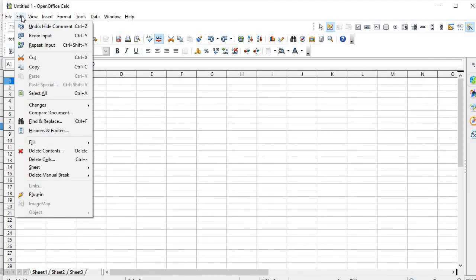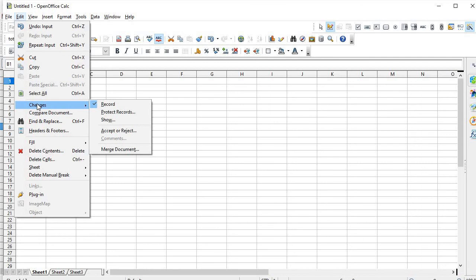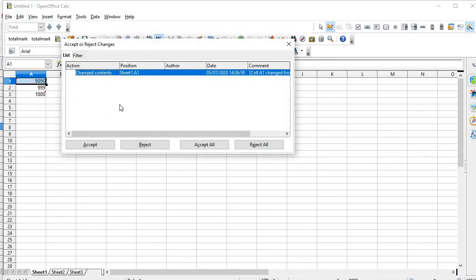See, if I go back to edit, changes, record, मतलब मैंने recording को enable कर दिया. Suppose I make this change 9090. See, this red box indicates changes has been recorded, and I hover the mouse over it, it shows me these are the changes from 800 to 9090. I have made these changes. Now when I go to edit menu, changes, there is one more option under show, accept or reject. So it will again come with this box, it is showing very clearly. See this box, on this date and this time